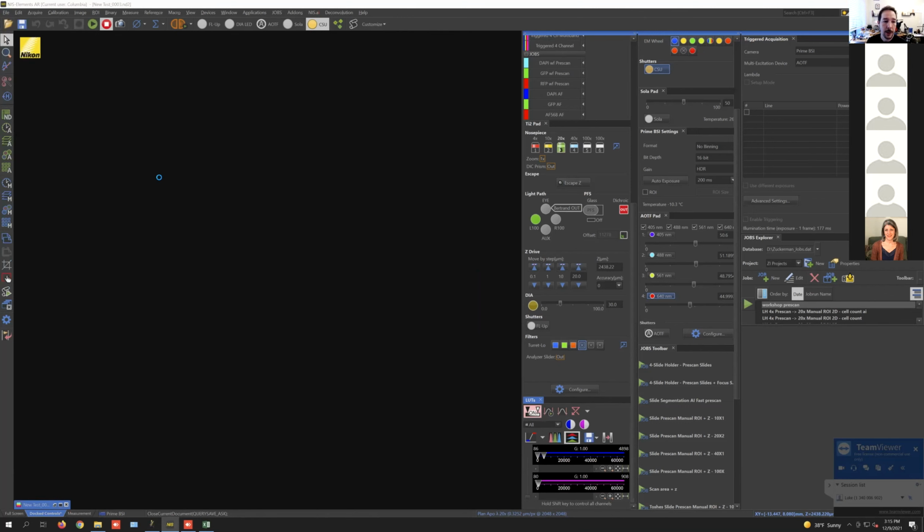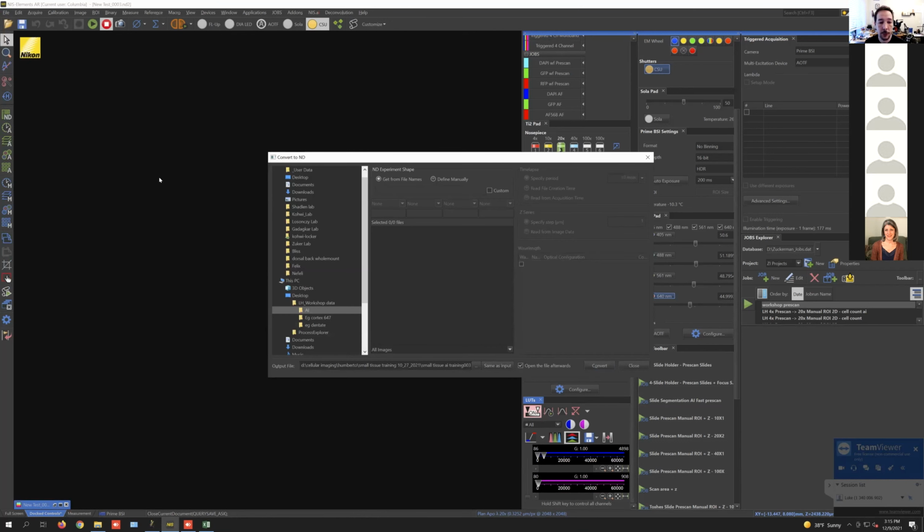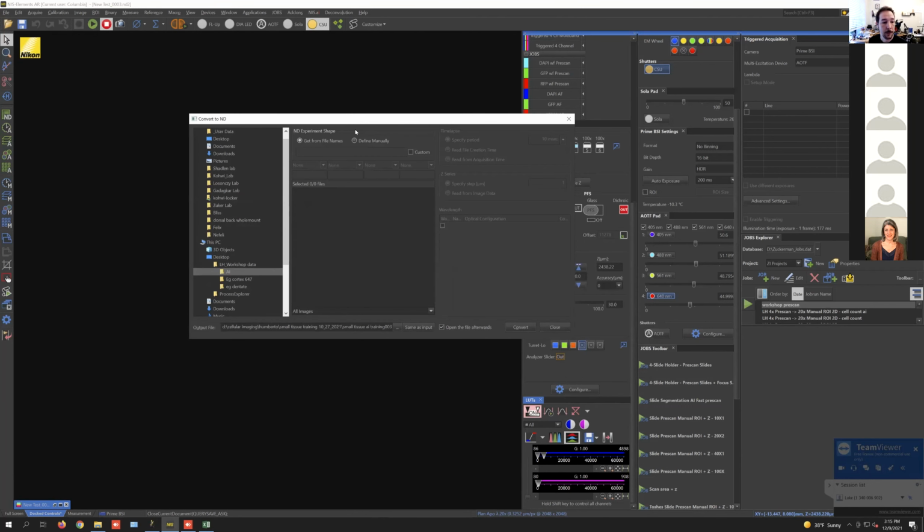So these don't have to be images from the Nikon microscope either. If you just want to use the NIS-AI for doing this, and you find it easier than using ImageJ or whatever it is, and you just want to do it this way, you can bring TIFFs in to do this as well. And so in my case, I have the files in here. And I would just